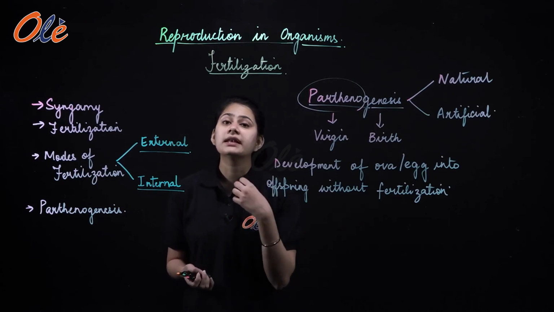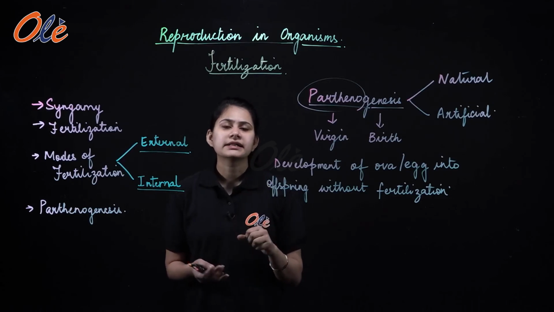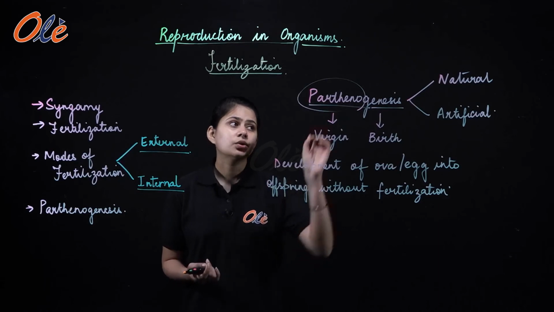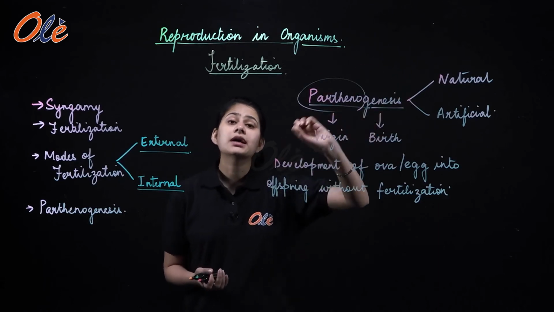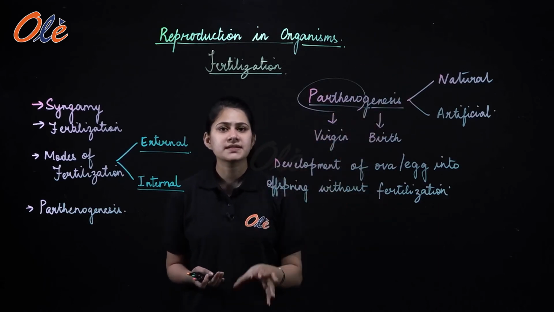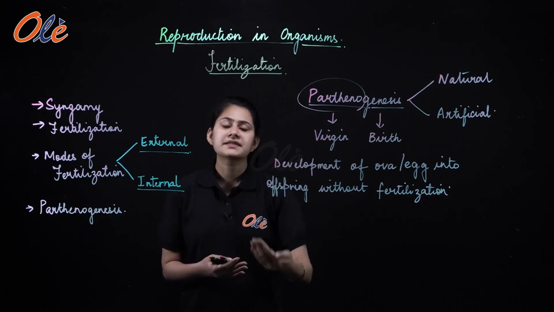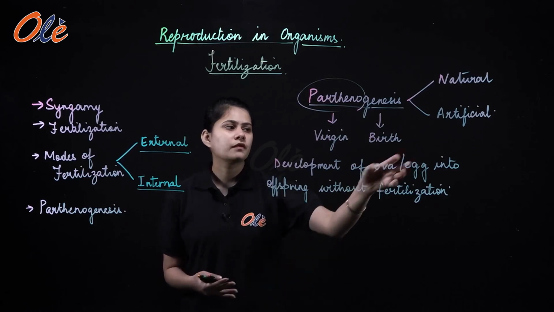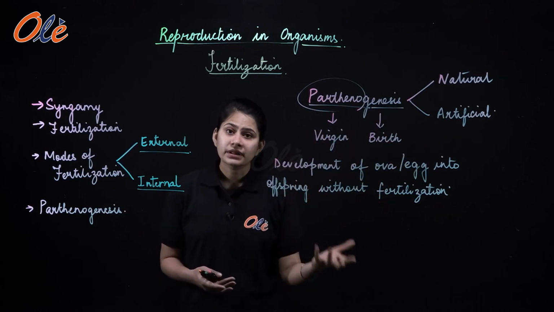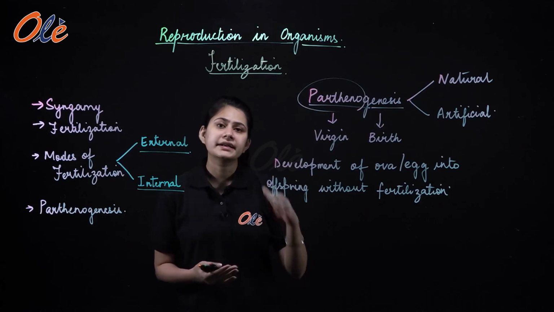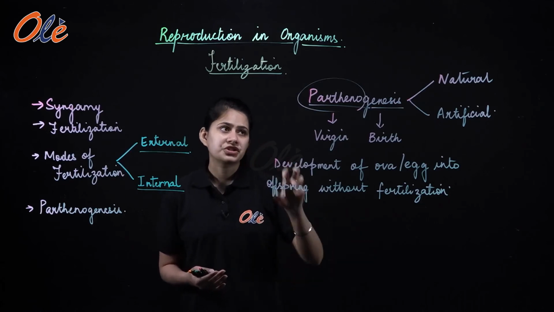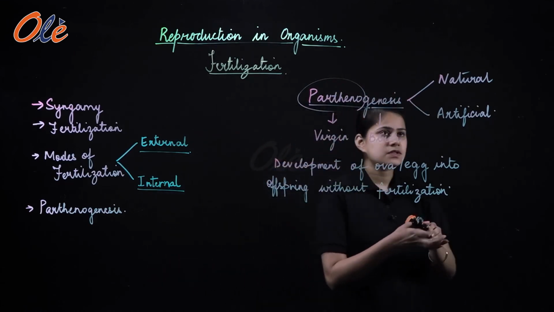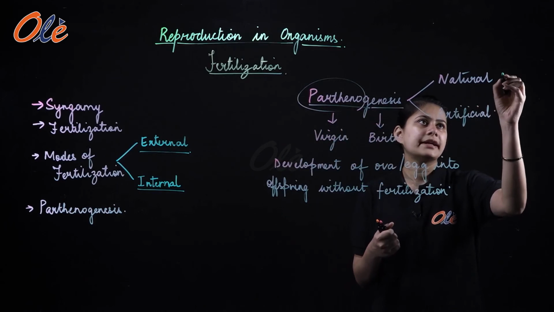There is no male in them, so obviously there will be no fusion of gametes because male gametes will not be formed, right? So in this case natural and complete parthenogenesis occurs because in their complete life cycle there is only parthenogenesis. So repeatedly the females produce ova or eggs and without getting fertilized it develops into the offspring, which is through the process of parthenogenesis, right? So one of the examples, lizard, we can write in natural,